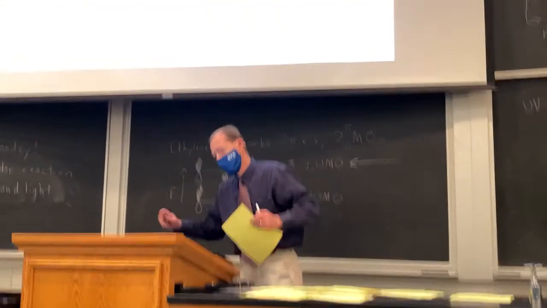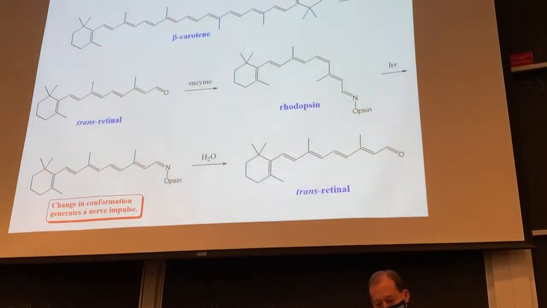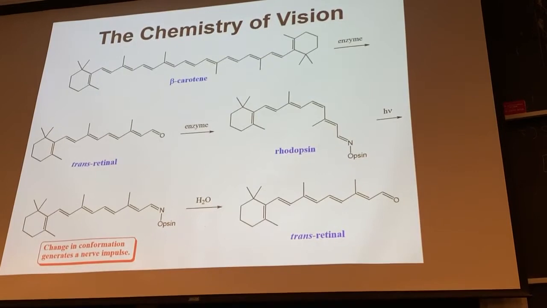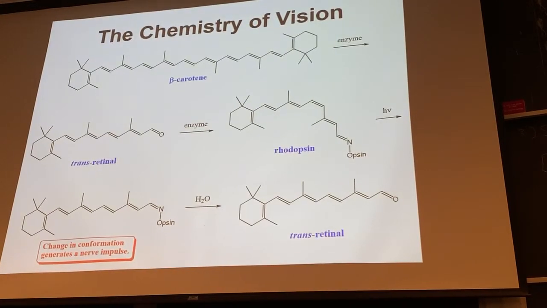So let's take a look at this figure here that shows us the molecular basis for vision. We've told you before that carrots really do help your vision, and this is why. Beta-carotene is an incredibly conjugated molecule. It's responsible for the orange color of carrots. When you ingest beta-carotene, enzymes in your body will chop this molecule in half, oxidize it, and turn it into trans-retinal. Then enzymes in your eye will conjugate this aldehyde of retinal with a